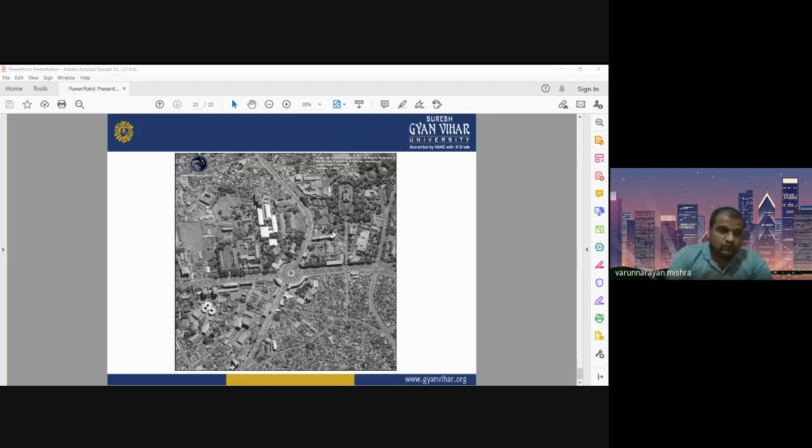So you need to focus on the spatial resolution. Some sensors have good spatial resolutions, but they do not have good spectral resolution. Some sensors have good spectral resolution, but they do not have good spatial resolution. Like Landsat has good spectral resolution. Landsat 8 has 11 bands, but its spatial resolution is 30 meters. It cannot be used for detailed urban planning, urban mapping.